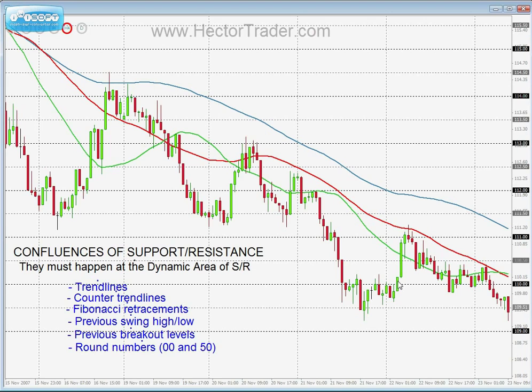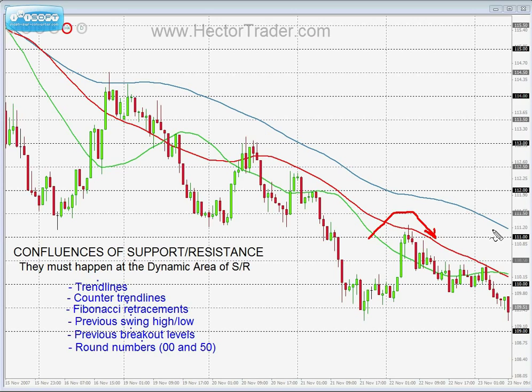Well, this was one of them, the confluences of support and resistance around the dynamic area, and always in a trending scenario. Once you have those three conditions, okay, a trend, a dynamic area of support and resistance, and then a confluence within that area, any bounce off that level, as you confirm the turnaround, that's a high probability trade. 70% of your trades, 80, 65, 75, anything around there, they are going to become winner trades. And in the long term, like I said, your winners will outnumber your losers, and therefore you're going to be making money and growing your